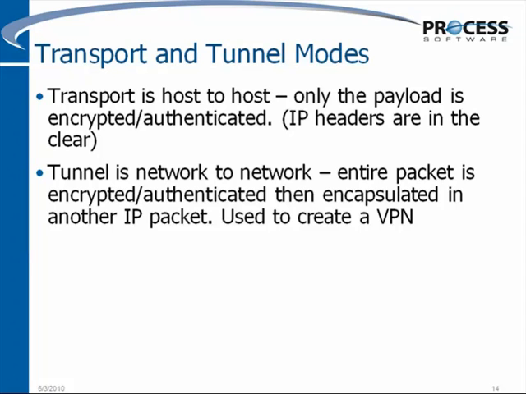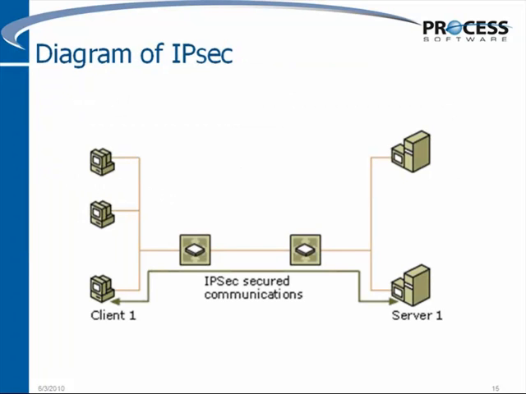I think people mostly think of IPsec initially in transport mode and don't realize that they may currently use IPsec in tunnel mode when they use a VPN right now. We've got a diagram of IPsec just to help people visualize it, where things might be. If you're in transport mode, all the work will take place on the client and the server. That includes the encryption, the authentication, the negotiation of keys through IKE,